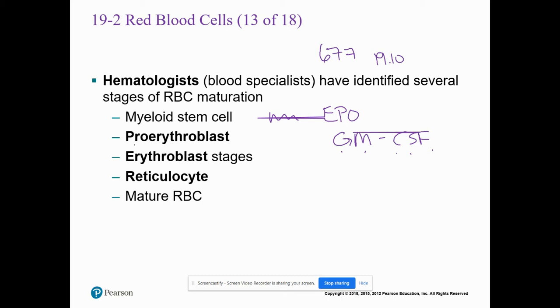All right. So I don't want you guys to freak out about the proerythrocyte. But I would like you guys to know that these two right here require EPO. Okay. The reticulocyte one itself actually is past the EPO requirement, so it doesn't actually need that hormone. But this is